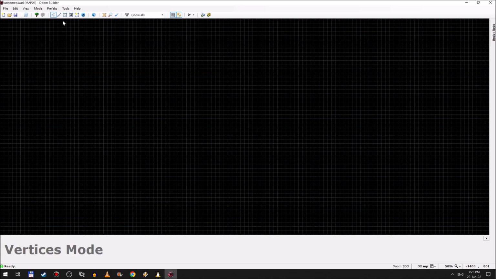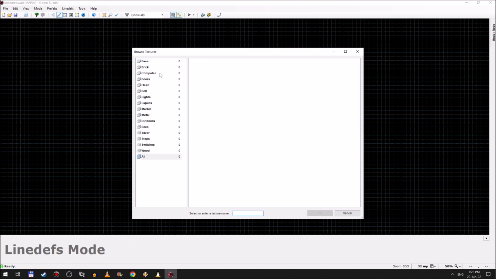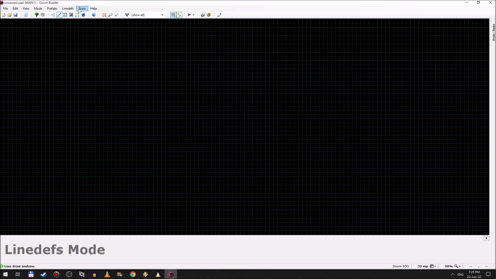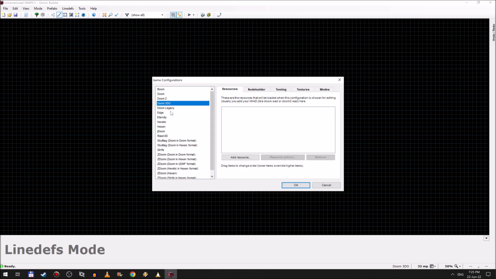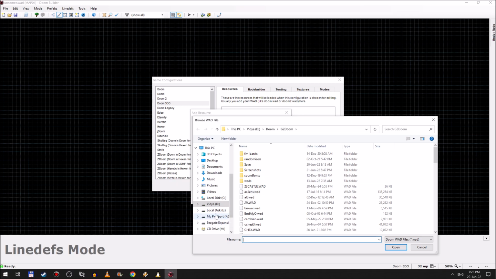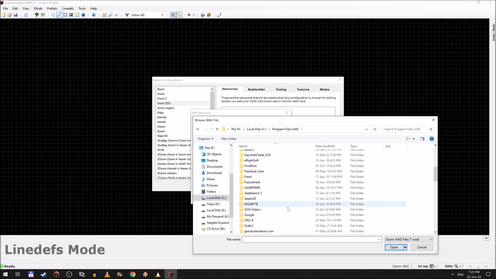Now there are no resources, which means if I was to do something, there are no textures to select. So you can have added them there, but maybe in game configuration, here for example I have the resources. We can add them once and for all. And I guess I will need to go here. Hopefully